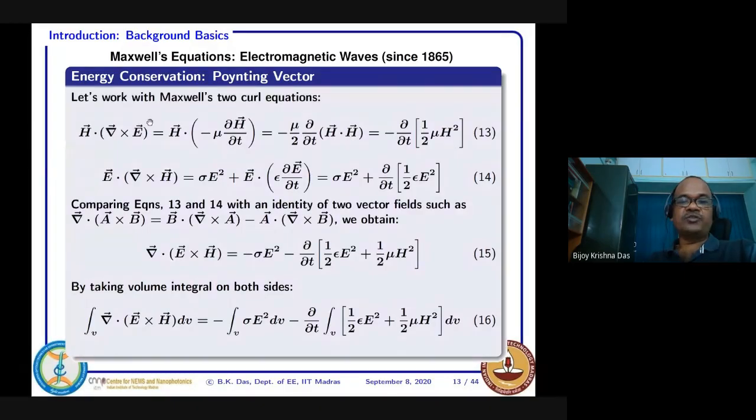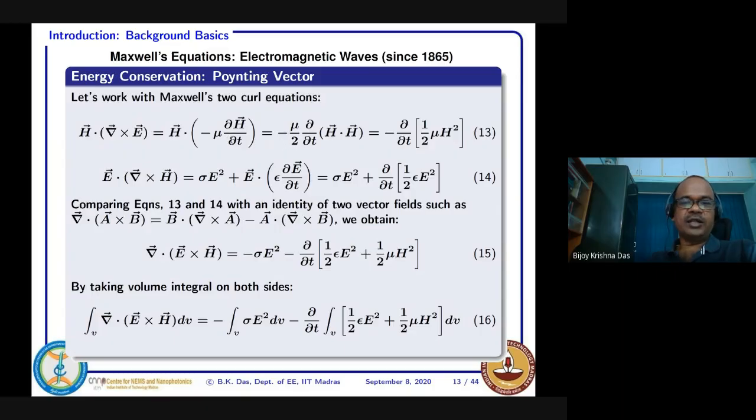just start with Maxwell's equations. Two curl equations we consider. The first curl equation is curl E equal to minus del B del t. Instead of minus del B del t, we write minus mu del H del t, since B equals mu H, as we have discussed earlier. On both sides, since it is a curl of E, we take the dot product with the H field, because they are anyway coupled. So we can take the dot product on either side, and then we come to this equation.